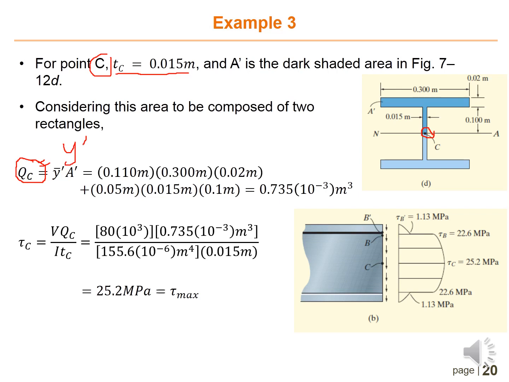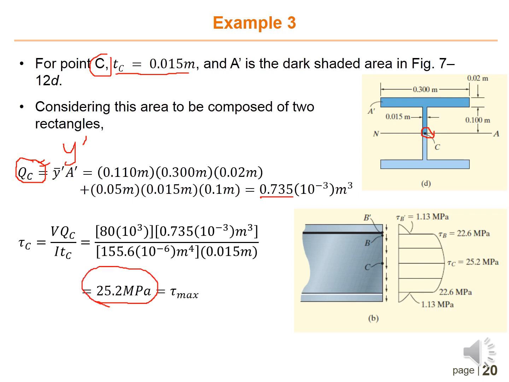So you have to determine the new Q here, and you will get 0.735 times 10 to the power of negative 3. Substitute all the information, and then you will get shear stress at point C equal to 25.2 megapascal,